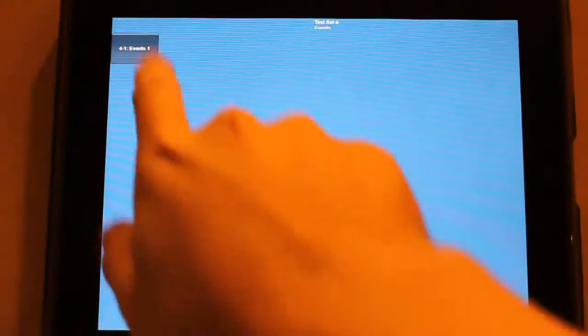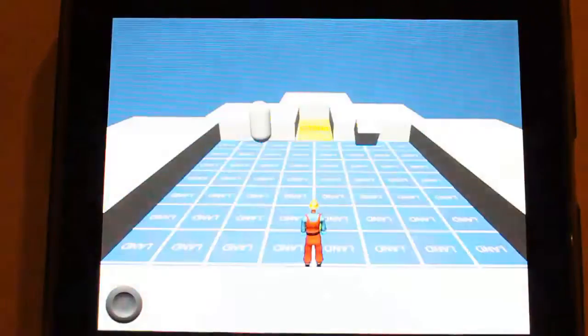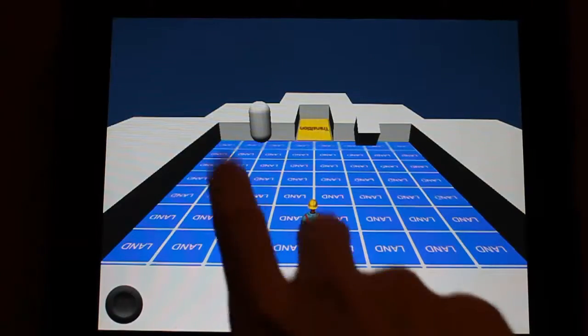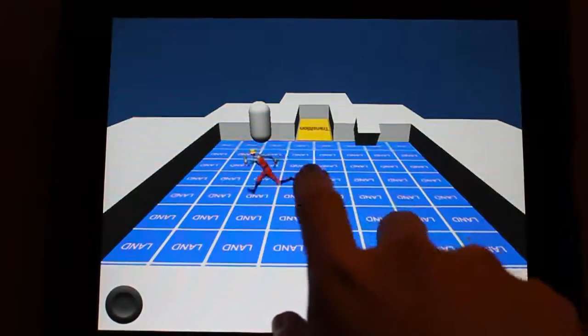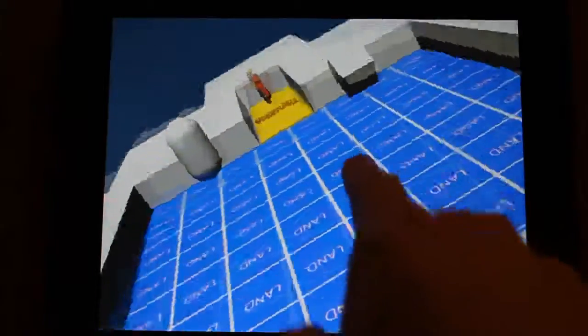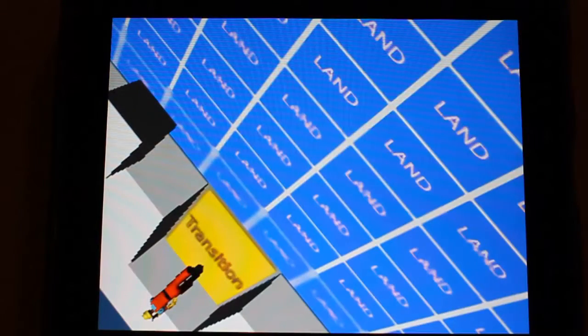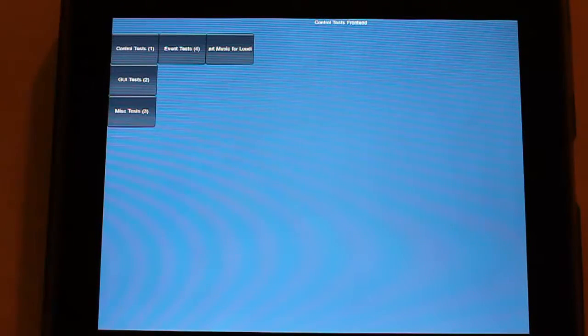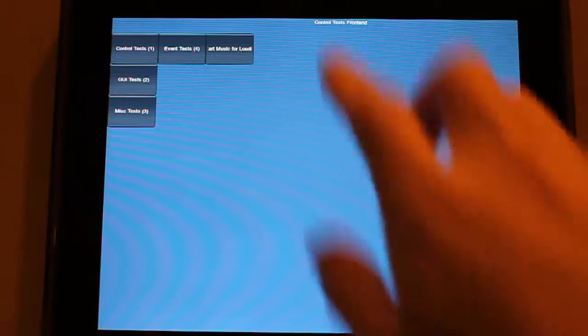So I'm going to load up this other scene here, and what's important is that the music kept playing and there were no gaps or pauses in there, which is pretty cool. So say you're in the field and you're transitioning to somewhere else that has different music. Right here, this is where it would actually start loading that next scene, but you can hear the music is still playing. If I go back to the menu, the music is still playing exactly the way it is. That's really cool to me, so I could do all kinds of stuff with music without having to do any kind of trickery